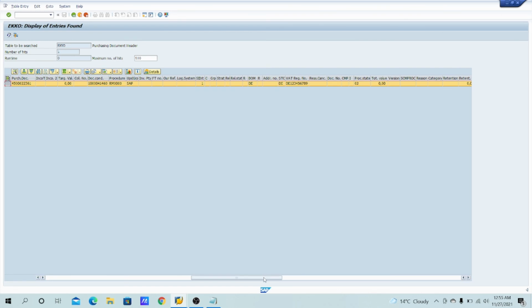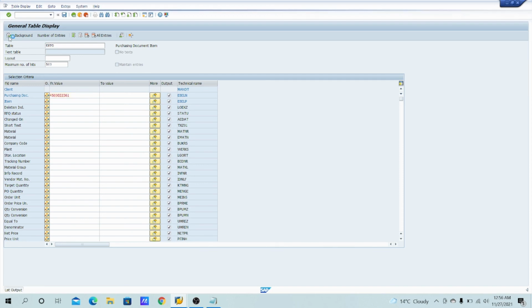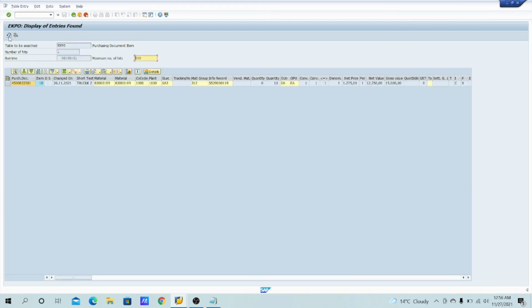And for the item level, the table is EKPO. Why am I telling you guys about the tables? Because every time you face a support project, you will have to remember the tables, and in every support project the table is most important, because all the data is saved in the table itself, right?